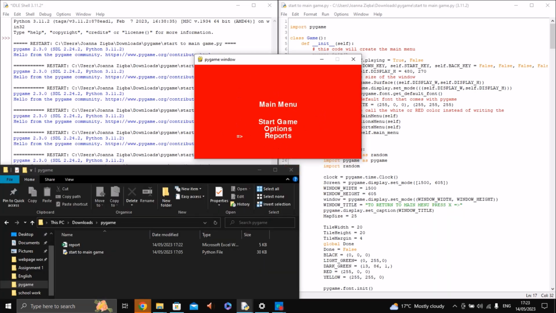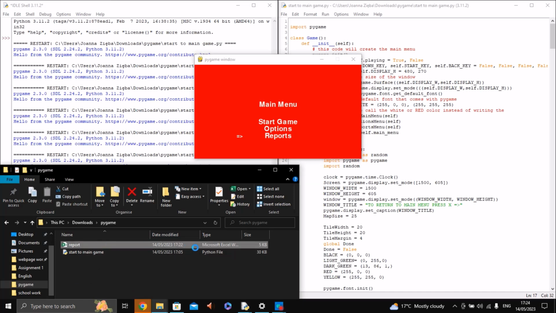So we've just reported an issue. I've reported an issue saying there's a problem with the movement. The code will read the text and write it to an Excel file. This Excel file is in the same folder as the main game, and if we open it up,